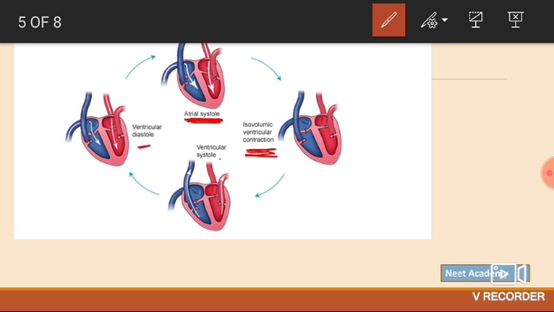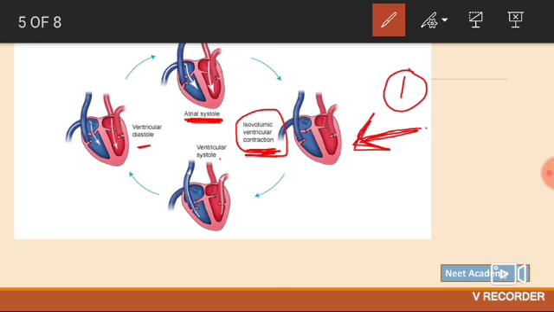What happens in isovolumetric ventricular contraction? When the blood flows to the ventricle, always remember that blood will flow from a high pressure area to a low pressure area. So in this, the blood flows from the atria to the ventricle. Now the ventricular events will start. The first event taking place is the isovolumetric ventricular contraction. Iso meaning same, volumetric meaning volume is same. So this is the phase when the volume is not changing, still